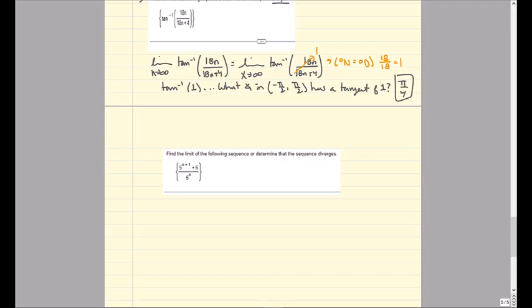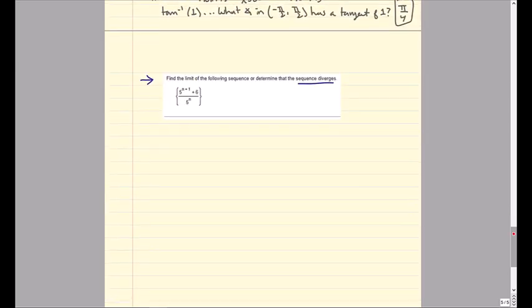Now this next one, we're trying to find the limit of a sequence again, and we're trying to determine whether it converges toward a particular value by finding a limit that's finite or 0, and then the sequence diverges would be the other option. Now you're going to see some patterns here, but don't always rely on the patterns. Always do the work, don't just take a guess. So let's go ahead and start with the limit, and I'm just going to go to the real numbers right now. I'm not going to do the n first and then switch to x. I'll have 5 to the n plus 1, the plus 1 is in the exponent, plus 6